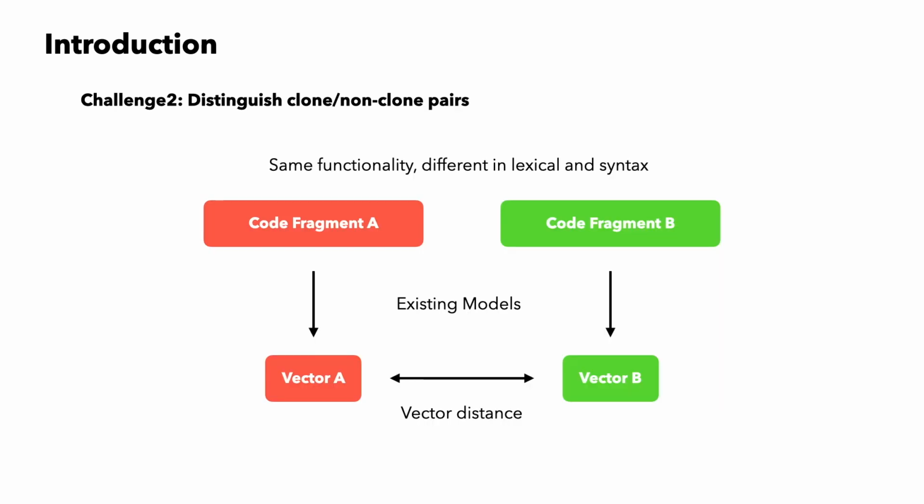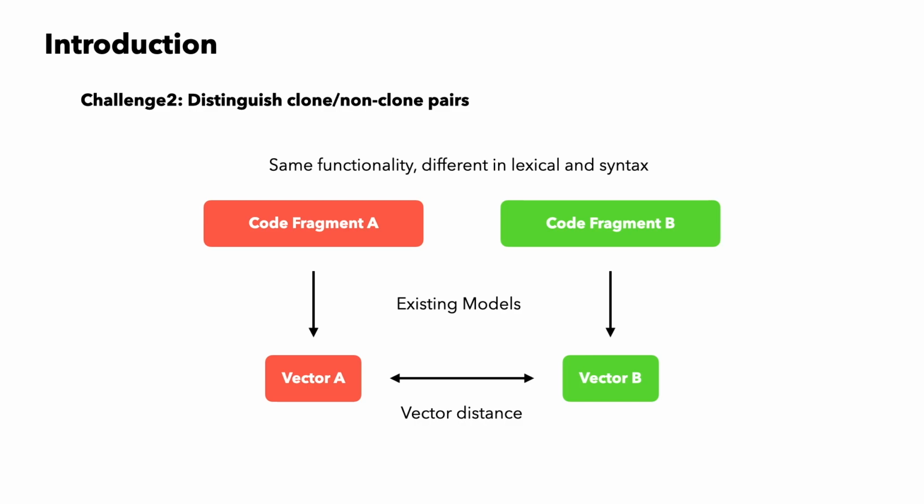Distinguishing clone from non-clone pairs is another challenge. Existing studies usually measure the vector distance to detect clone pairs. However, two code fragments that have identical functionality but differ in lexical or syntax may not be recognized as similar by existing models. Likewise, these models cannot distinguish between two code fragments that differ in functionality but share a close syntax resemblance. To address the above issues, we propose a new approach named C4 that exploits the pre-trained model CodeBERT with